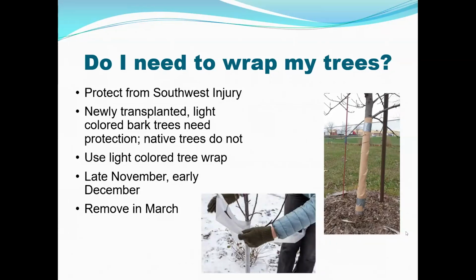And you can buy these wraps, which are light color. They can be white or tan, like you see in the photos. Those can be purchased at a local farm store, garden center, local nursery. So check those out, and you should be able to find them. They are typically in a round like wrap, and you can get them for a few dollars. And then you want to place that on late November or early December. So we're coming into the time where you need to start wrapping those trees that need wrapped,